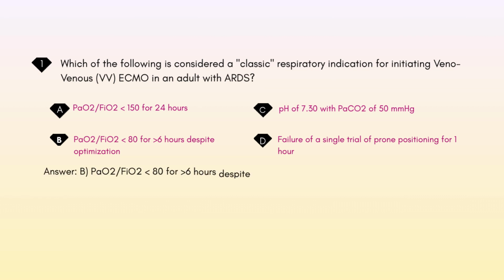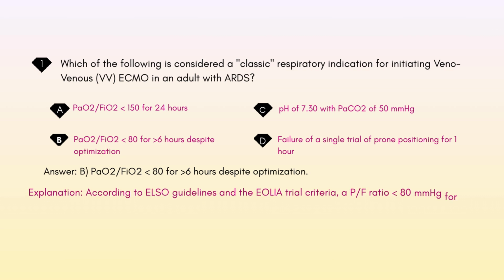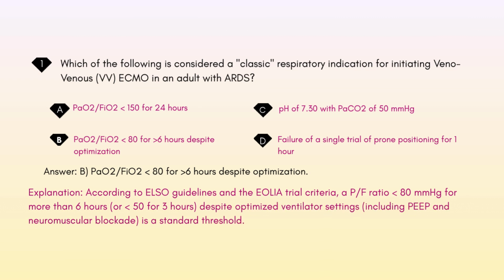Answer: B. PaO2/FiO2 less than 80 for greater than 6 hours despite optimization. Explanation: according to ELSO guidelines and the EOLIA trial criteria, a P/F ratio less than 80 mmHg for more than 6 hours, or less than 50 for 3 hours, despite optimized ventilator settings, including PEEP and neuromuscular blockade,